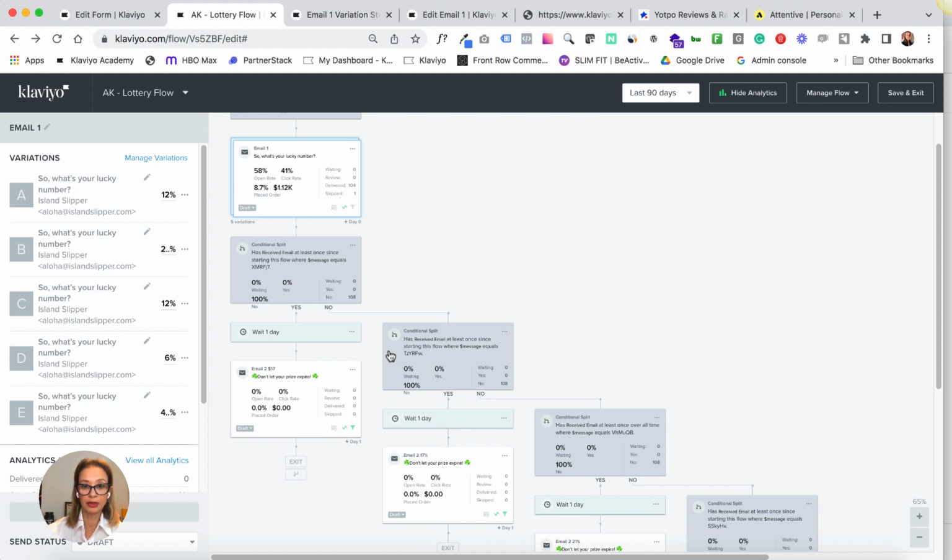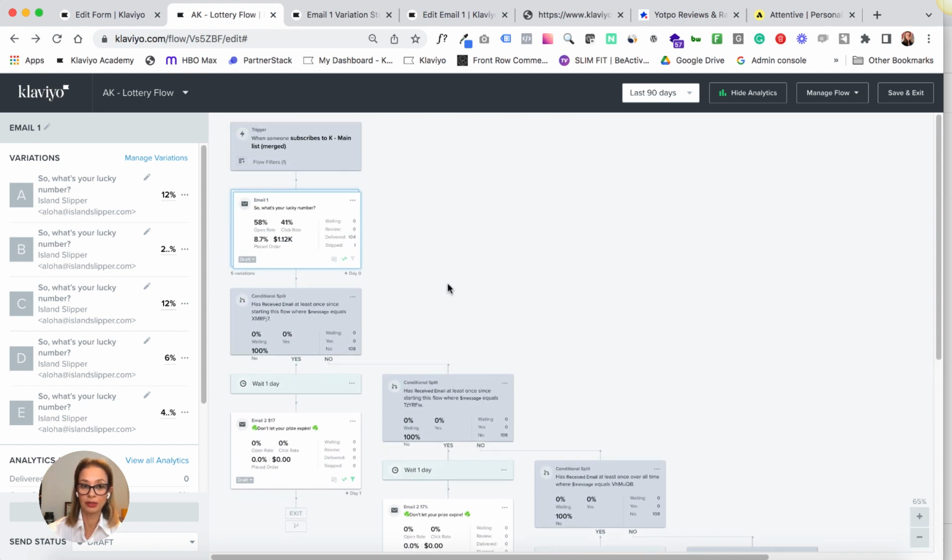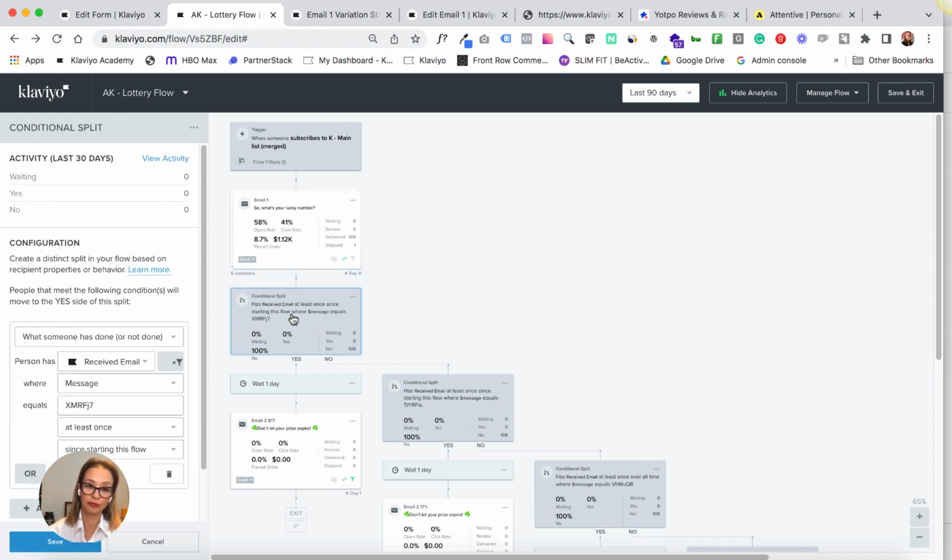We can do this by building these conditional splits. In this case, we have 5 conditional splits. And then what we need to do is, in each split, add a corresponding email number.